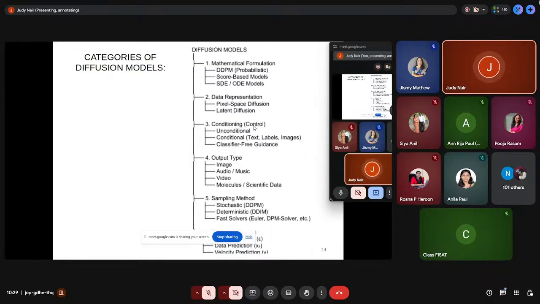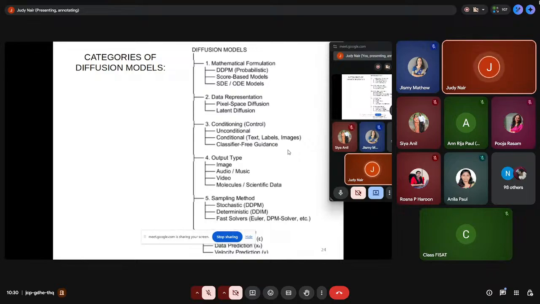Then conditional or controlled diffusion models. Initially they came up with a naive model where they did not add any condition. It was working on random noise, but you can also add conditions to it. If there are no conditions, they are unconditional diffusion models. If you are adding conditions, then they are called conditional diffusion models. In conditional diffusion models, you can add text or labels or any vector, it could be a context also, added as a vector additional to the input in the training process. Then it becomes a conditional diffusion model.